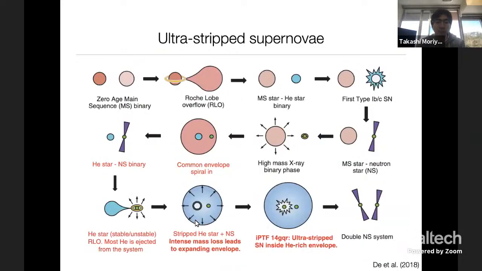But there seems to be, just after this mass transfer, not much time left before the explosion. But just before the explosion, on a similar time scale to red supergiants, within 10 years or several decades before the explosion, these stripped-envelope stars leading to ultra-stripped supernovae also seem to have this intense mass loss. So this is a Wolf-Rayet star, not a red supergiant, but this kind of star is also experiencing some mass loss just before the explosion for unknown reasons. We are starting to see this